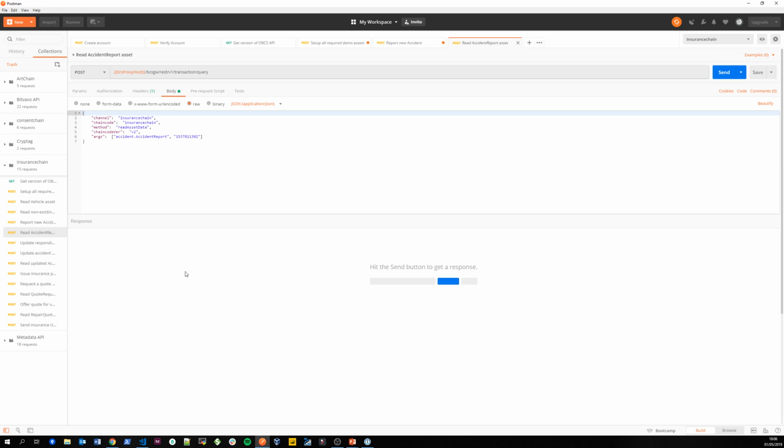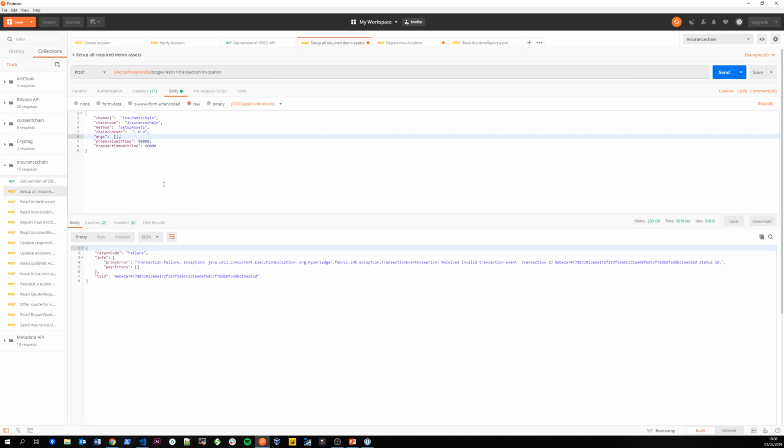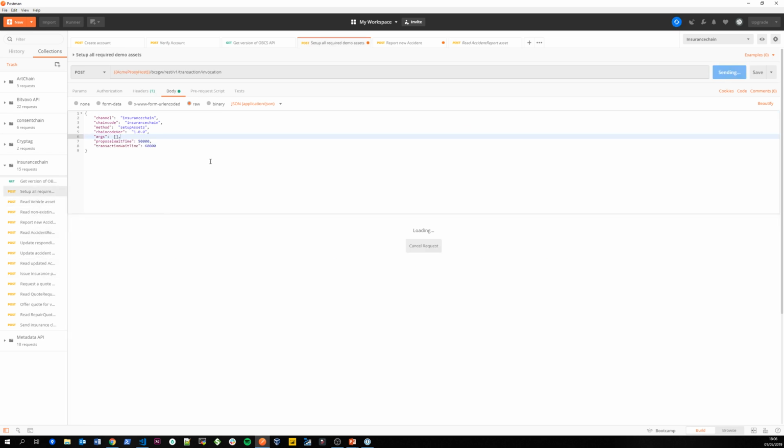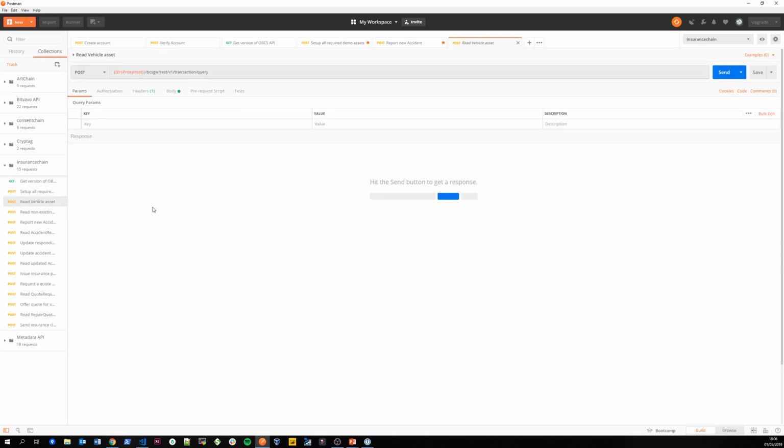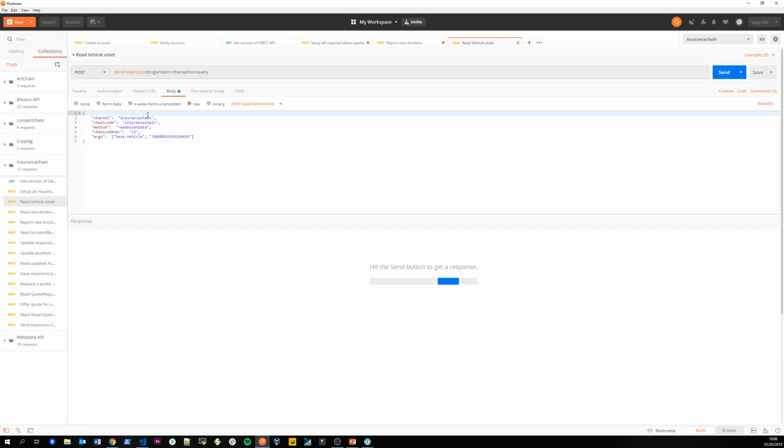Thus, what I can now do is go back to the setup and then try to send it again. Hopefully this works. It takes longer, right? Yeah, it's done. So I get a response back, and this is the event payload that I described, and it shows all the IDs it created and things like that I can use in reading vehicle statuses and stuff like that. So I've got an invocation here, the query, and I'm doing the read asset one,